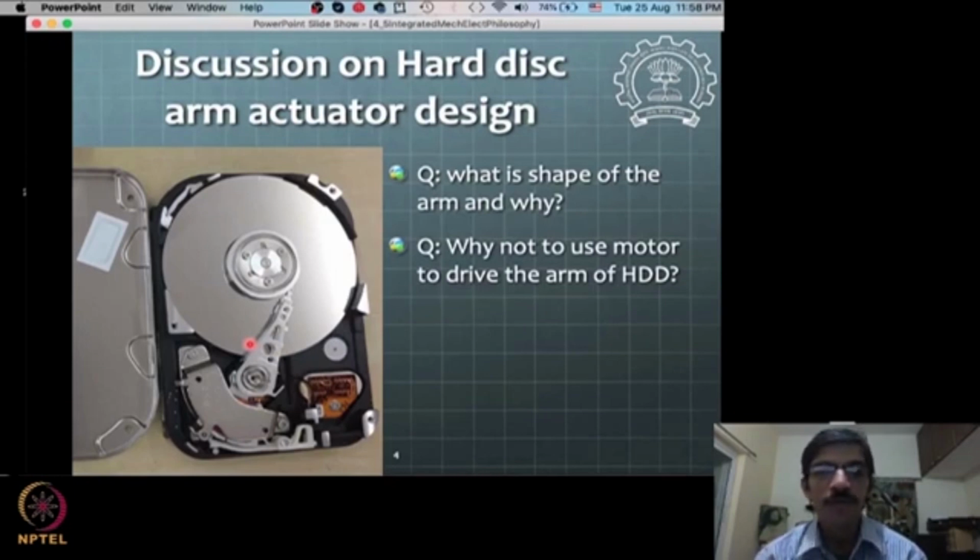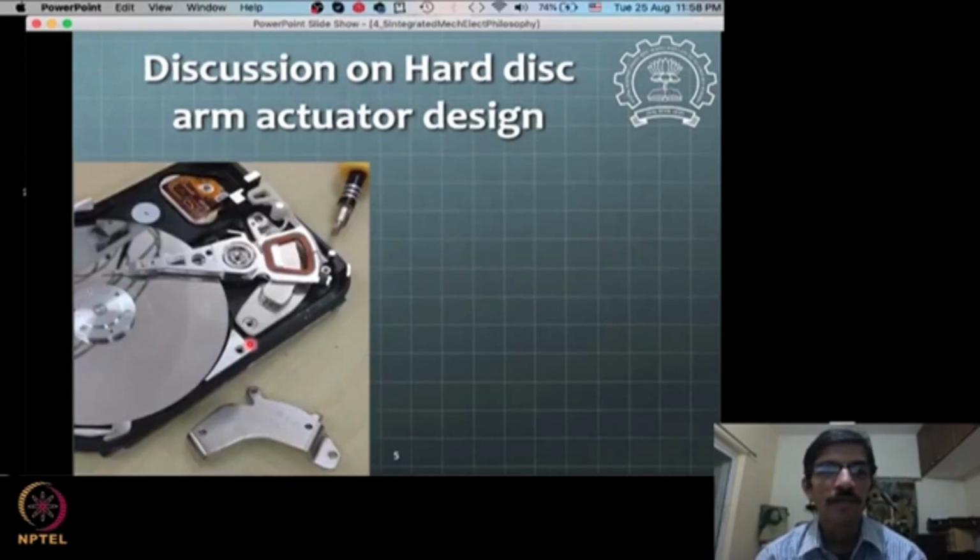Okay, so we move forward and see this arm open up and see more details about it. Now this is more like an observation here. You can observe that there is a coil up here, and when the coil current is passed, the arm will get actuated. One can imagine very easily that when the current is passed through this coil, by virtue of the placement of this coil, or the way the coil is designed, this arm has a current in this direction while the other arm has current in the opposite direction.